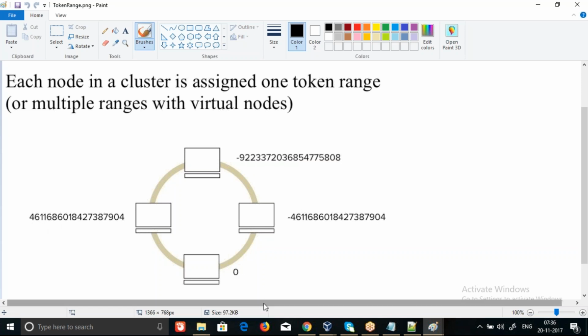Now how do these node token numbers help us? What it means here is from -9222, this token number, plus one, not plus one, up to,